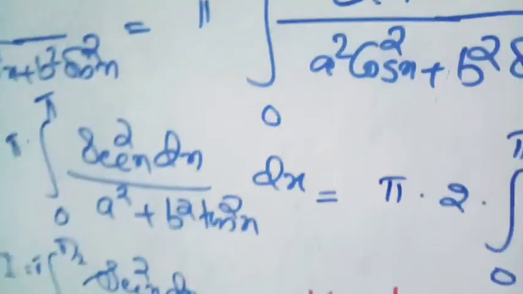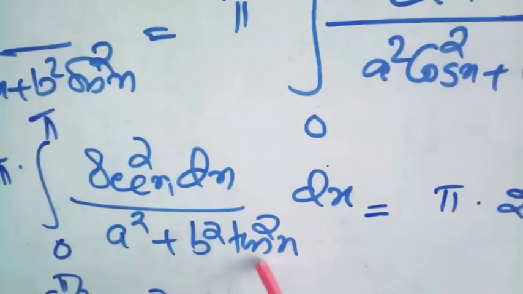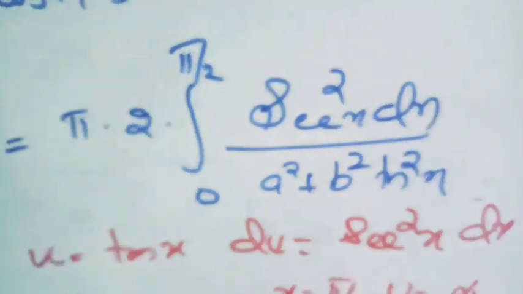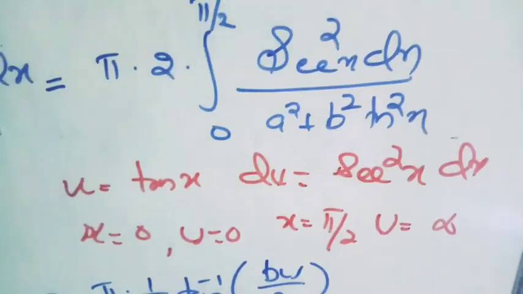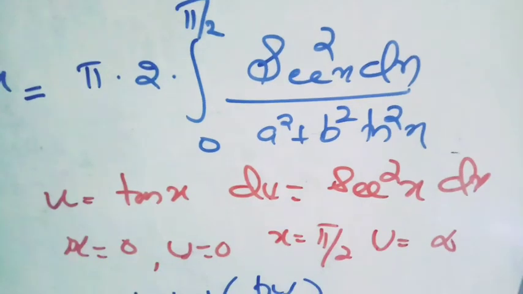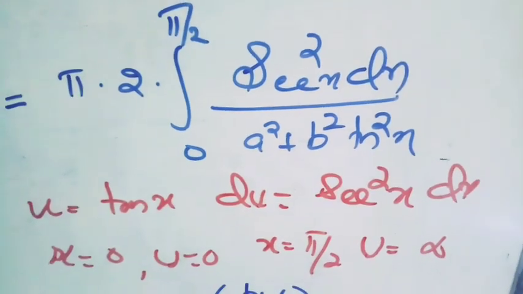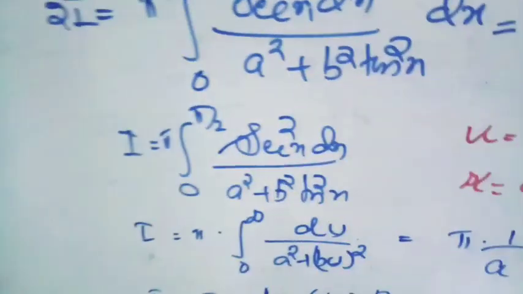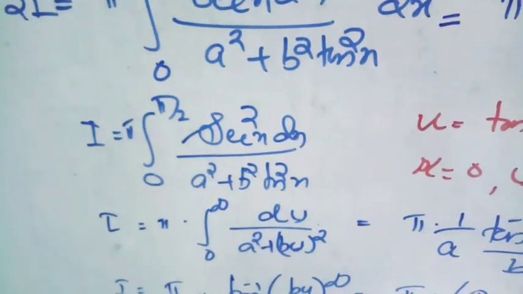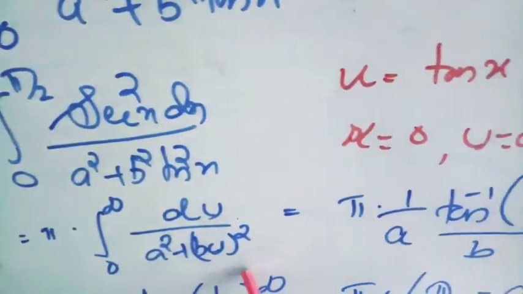Now the integration step is very easy because you can see the numerator sec square x as the derivative of tan. So better you assume u equal to tan x and du equal to sec square x dx, and change the limit also. When x is equal to 0, u equal to 0, and when x is equal to pi by 2, u is equal to infinity. Now the problem becomes pi into integral 0 to infinity du divided by a square plus bu the whole square,